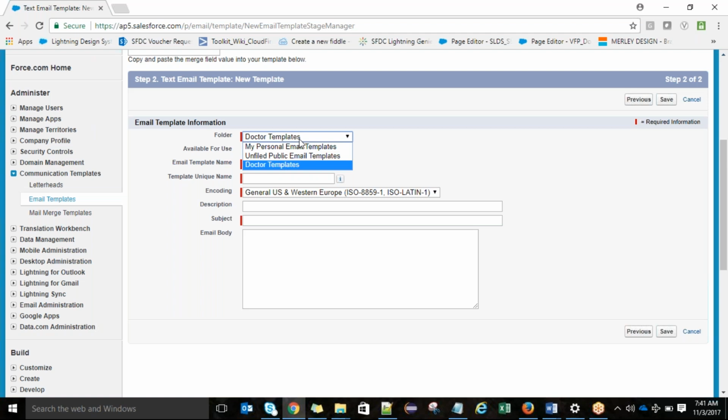Already yesterday we have seen how to create the template folder. In which folder you are trying to store, just select that folder. So I want to store in one folder, and make sure you select available for use, otherwise we cannot select this template at the time of creating the workflow. Now for example, let's say welcome email,